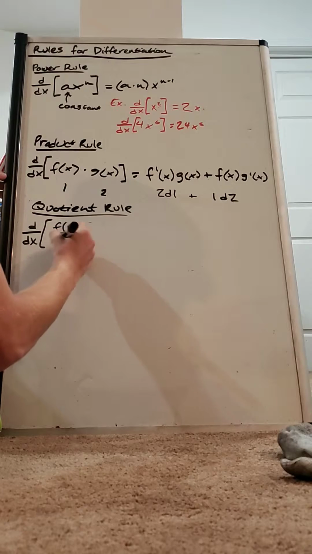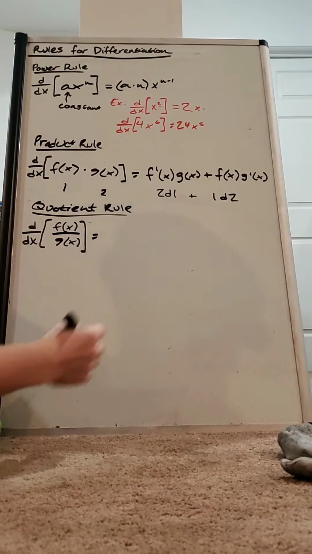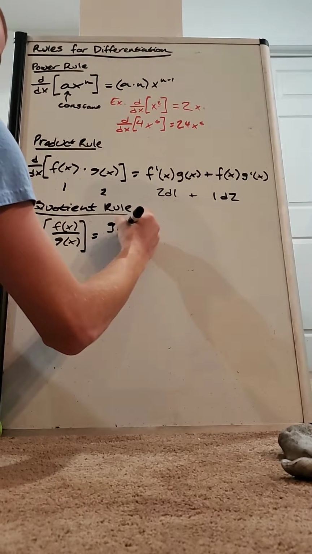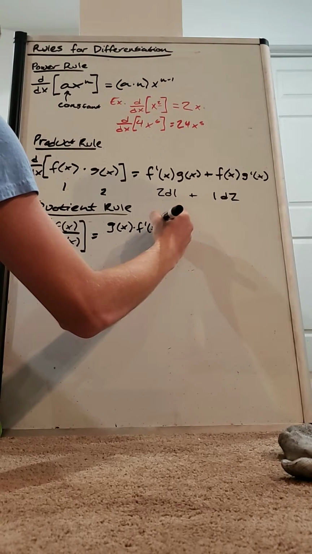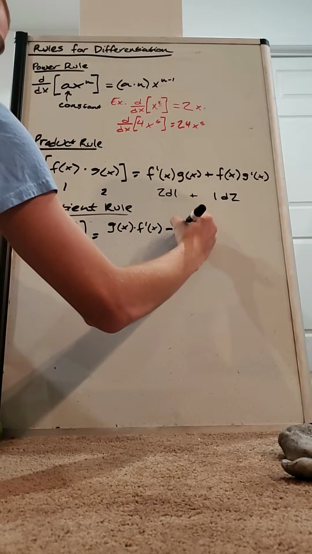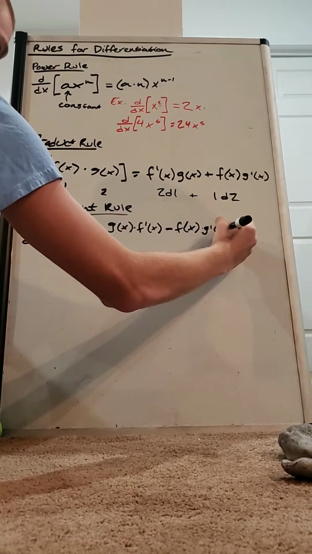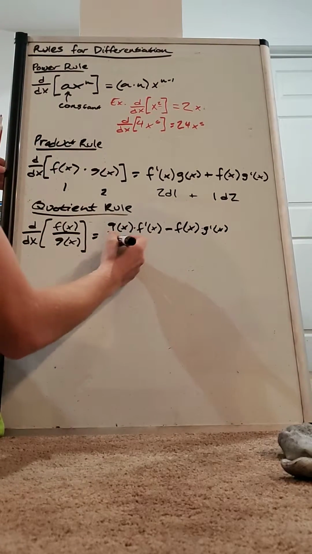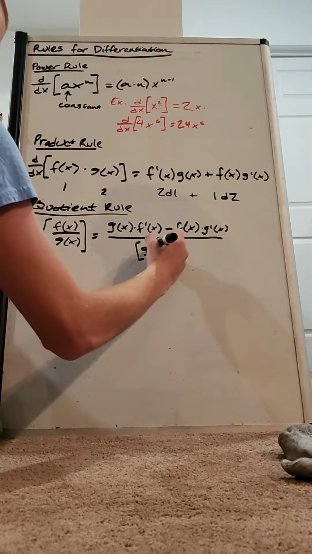So if you have f of x over g of x, this is going to be equal to g of x times f prime of x minus f of x times g prime of x, over g of x